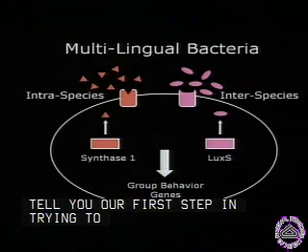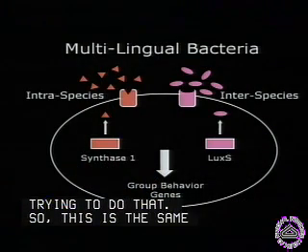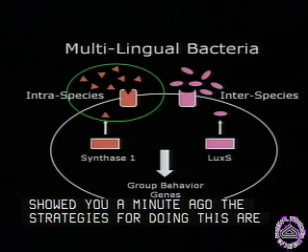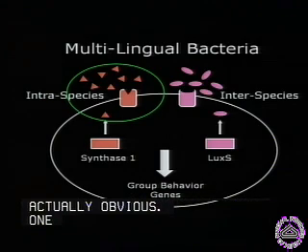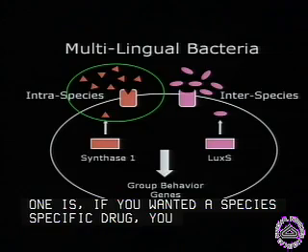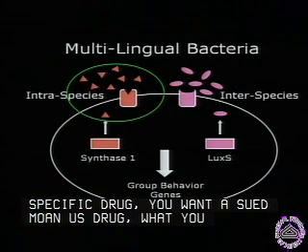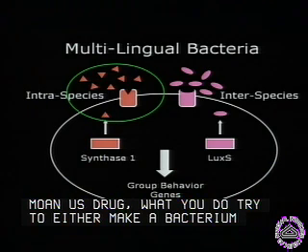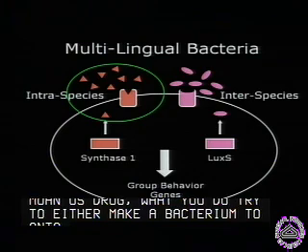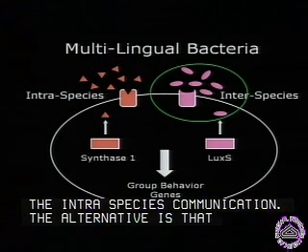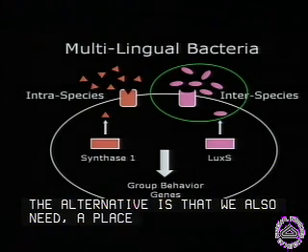Okay, so this is the same cartoon I showed you a minute ago, and so the strategies for doing this are actually obvious. One is if you wanted a species-specific drug, a Pseudomonas drug, what you would do is try to antagonize either signal production or signal reception in the intra-species communication system. The alternative is that there's also a place for broad-spectrum antibiotics,